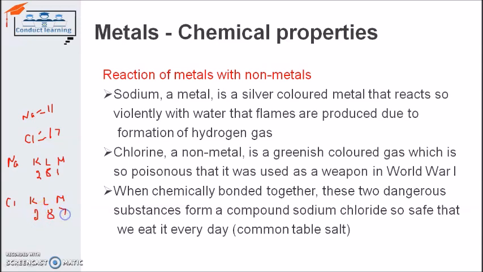We can simply see that sodium can give its one electron and become a positively charged element, and chlorine can take one electron from sodium and become a negatively charged element. So when the chemical reaction or the bonding occurs between them, they form sodium chloride, Na positive, Cl negative. So this will be the solution for this.